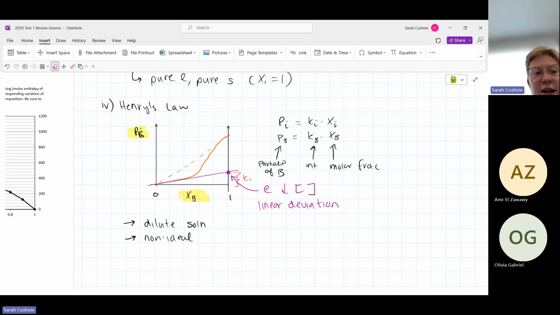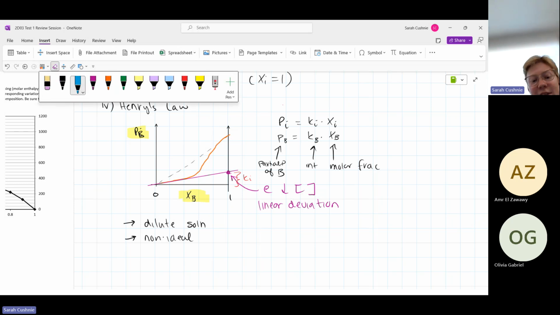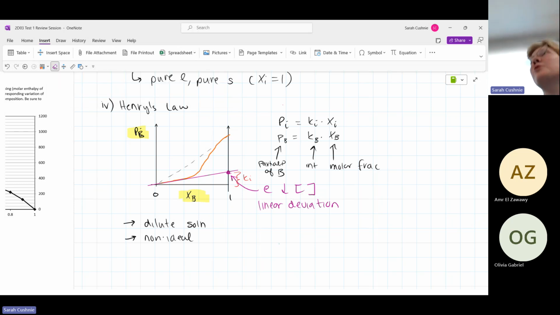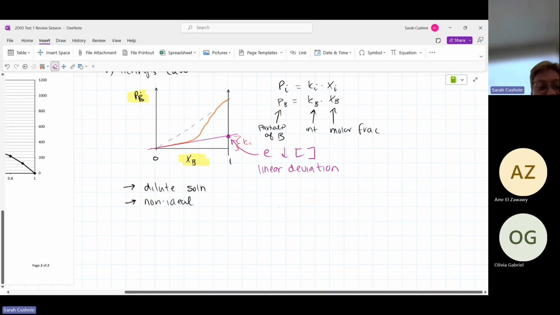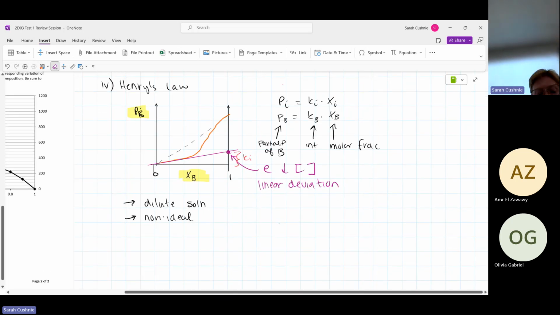So if we have an ideal case, basically an ideal case is everything is nice and easy, right? We don't need to think too hard. So in an ideal case, it's just gonna be a straight line. It's gonna be constant the entire time, and that's defined as Raoult's law. It's gonna be straight. Not that being straight is ideal, but in this case it is. So in this case, whenever we see any sort of deviation from that, we know that we have a non-ideal situation because it's not following that direct path. Does that make sense? Yes.